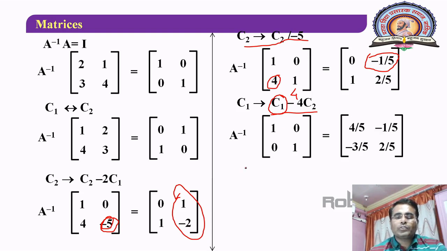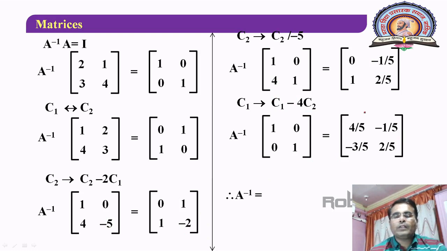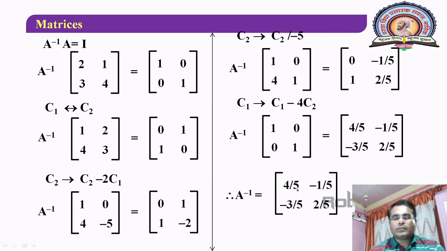Now it is an equation of the type A inverse into I is equal to X, and when we get this, we have to stop the process, and the right hand side is nothing but our required inverse. So your required inverse is the right hand side matrix: 4 by 5, minus 1 by 5, minus 3 by 5 and 2 by 5. This way you can find the inverse of a 2 by 2 matrix using elementary row transformations or